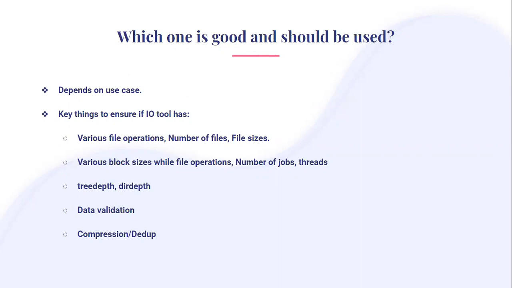And are there any tools which take permissions also? Should that be a point to validate the data? Permission is basically a functional aspect. So if you want to see the validation for a particular file, whether the permission is getting changed or not, you can use something like Connectathon. Connectathon has various pre-tailored test cases. What it does is all the file operations. It changes the attributes of them and sees whether the behavior is as expected or not.